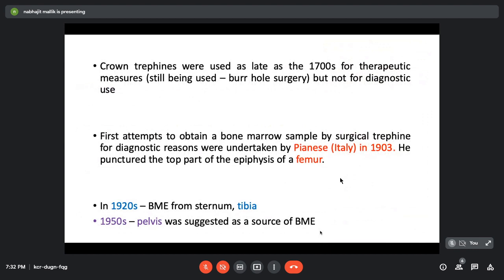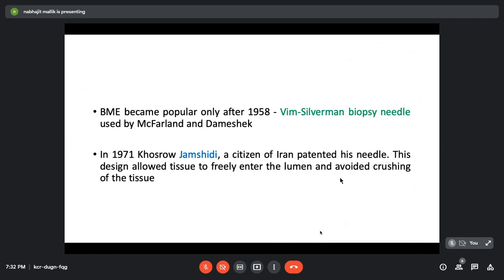And the first attempts to obtain a bone marrow sample by surgical trephine for diagnostic reasons were undertaken around the year 1903 in Italy, and he punctured the top part of the epiphysis of a femur. In the 1920s, the bone marrow examination was done from sternum and tibia, and it was only in the 1950s that pelvis was suggested as a source of bone marrow examination. Now, till then, it was not a very popular procedure. It became popular in the 60s, only after the Vim Silverman biopsy needle was used by McFarland and Tamshik in the